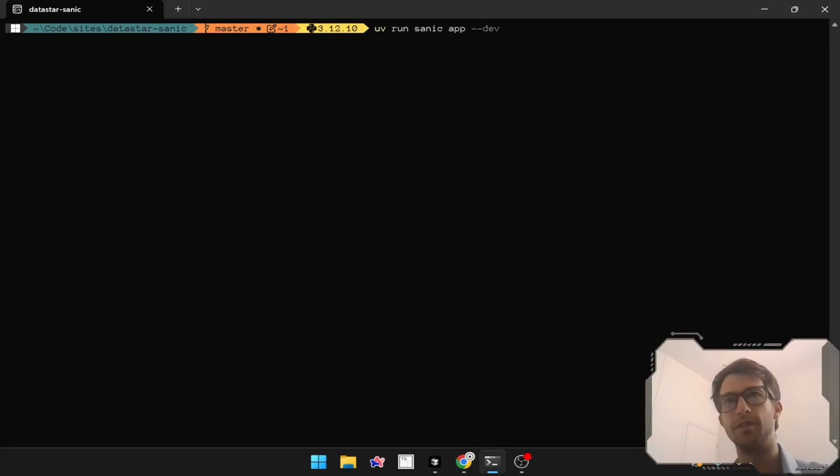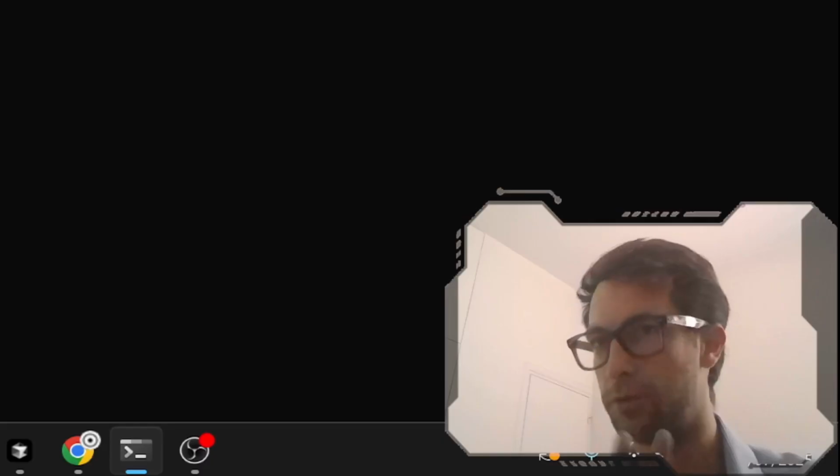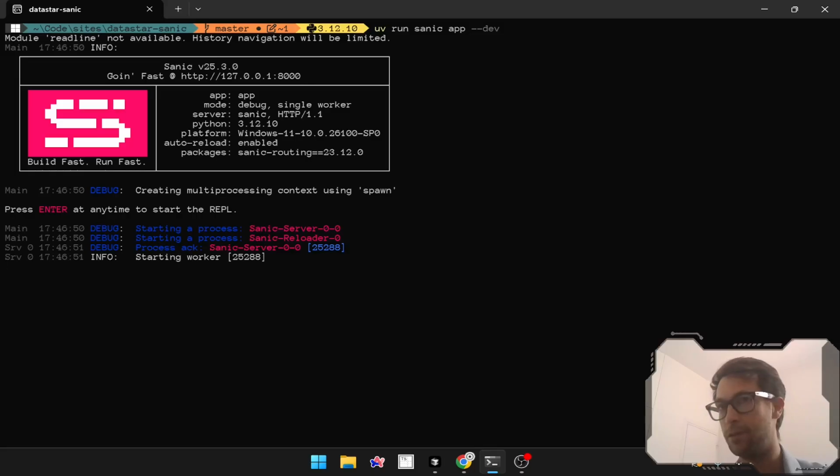This is how you run a Sanic app. So you just call Sanic app. You can add the dev flag if you want it to be a development environment so that it reloads every time you save something. One of the main selling points of Sanic is that it is production ready. So you can remove the dev here and you don't have to put a web server gateway interface like Uvicorn or Hypercorn in front of it. It is capable of standing on its own two feet,